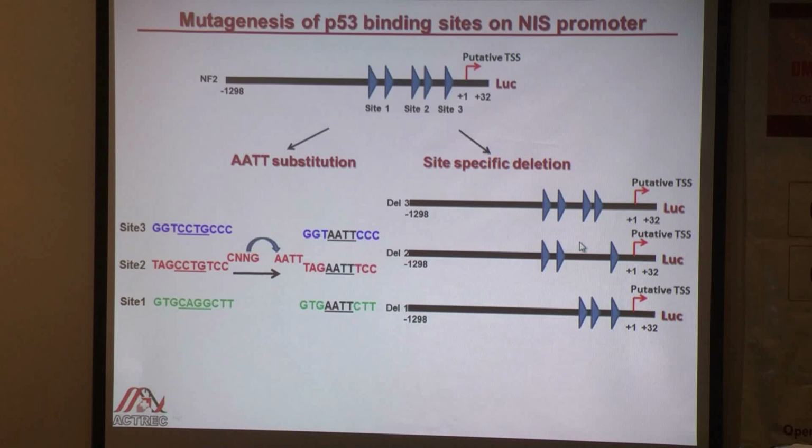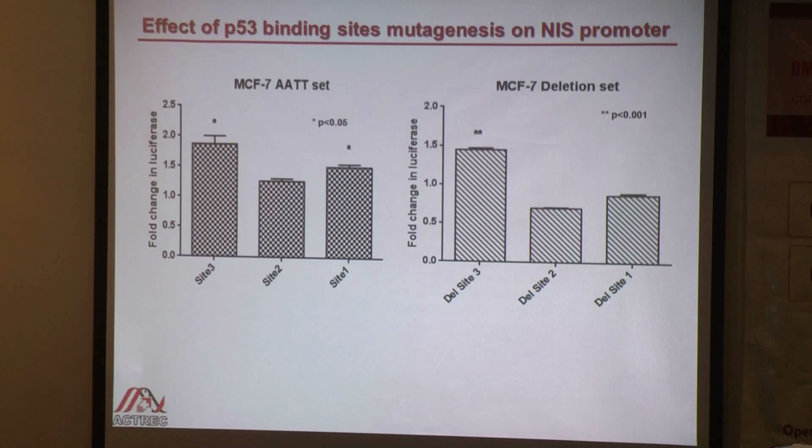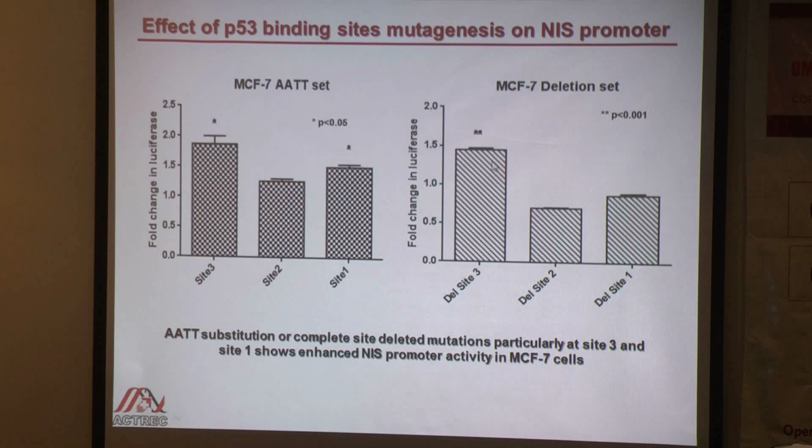Classical site-directed mutagenesis technique was followed. All the constructs were characterized by sequencing, and then they were used for transfection in MCF7 cells. The y-axis represents the fold change in the luciferase activity compared to the full-length unmutated promoter. What we found is that AATT substitution at site 3 and site 1 significantly increases NIS promoter activity, while with the mutation at site 2, we did not observe any significant changes. When the results were compared with the deletion set, we found similarly that, especially, the deletion at site 3 significantly upregulates NIS promoter activity. So both these results indicate the importance of site 3, and site 1 may be involved in p53 mediated regulation